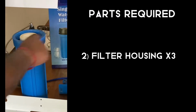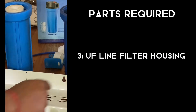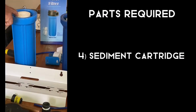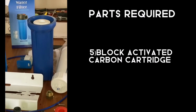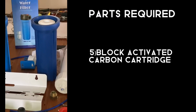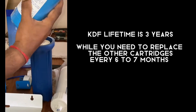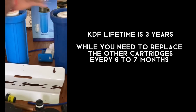Filter housing 3. UF line filter housing, which is this one. Sediment, PP sediment cartridge, it's this one. Your block activated carbon cartridge, which is this one. And then you've got the KDF GAC cartridge filter, which is this one. The lifetime of this one is 3 years, and this one every 6-7 months you need to replace